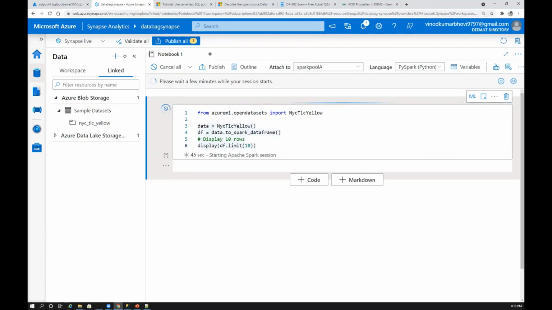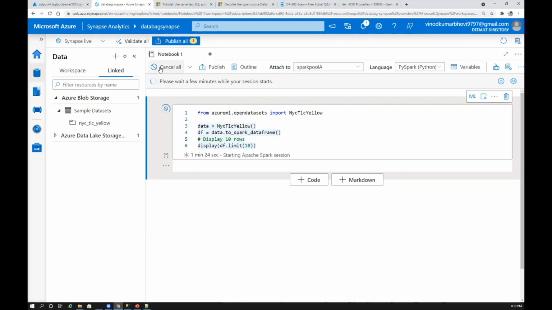But again, now it's a data frame. It's not a data set. We are trying to convert this data set into a data frame. The difference between a data set and a data frame is very easy. You have a data set and you load it into Spark and convert it to a data frame, because you can do data frame operations on top of that. Like in pandas, you have a big list of functions and operations you can do once you have the data in data frame format. So that's what we are trying to do: convert it to a data frame, then apply all those operations on top of it. Like I said, it's going to take some time because this size might not be sufficient. It's already 1 minute 19 seconds, you see. So it might take time.